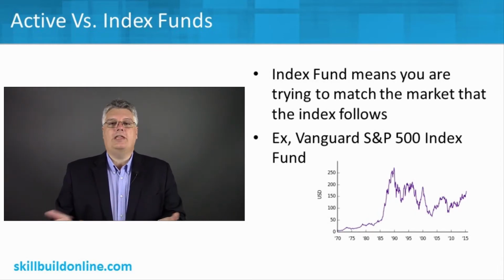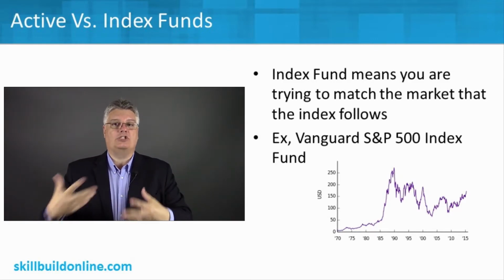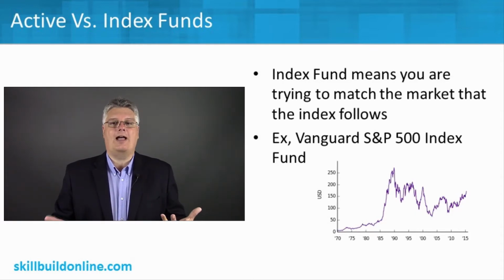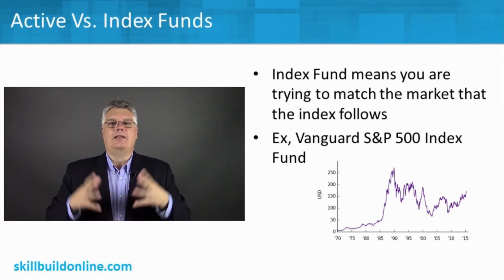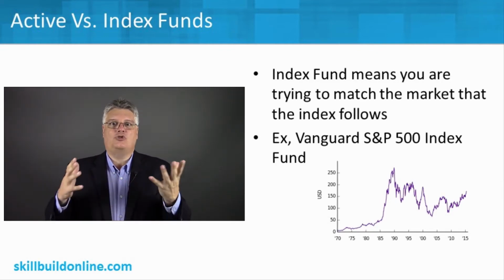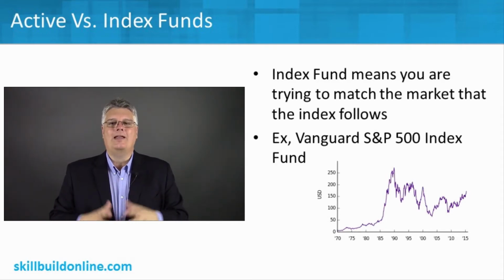By the same token, you could get indexes for different types of things and have funds that track that. Another popular index is the Russell 2000, which is the 2,000 smallest U.S. cap stocks. So if you don't want large cap, you don't want the big stocks, you want the small ones, maybe you're looking for growth, and you want a broad diversification of 2,000 stocks, well, you can get a Russell 2000 stock index that tracks the Russell 2000, or you can get index funds that track a certain sector, like just energy stocks or just healthcare stocks, whatever it might be. You can have indexes that track virtually almost anything.